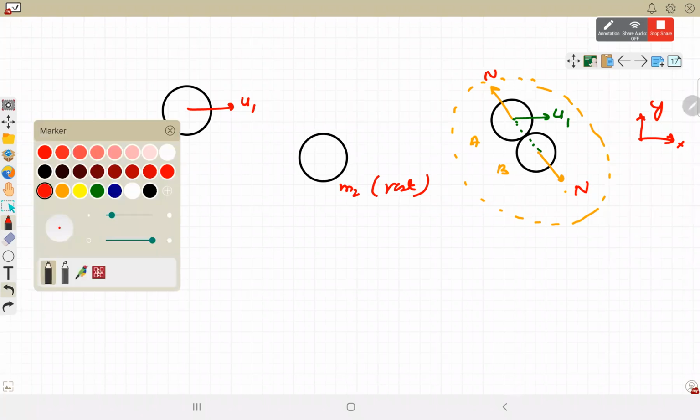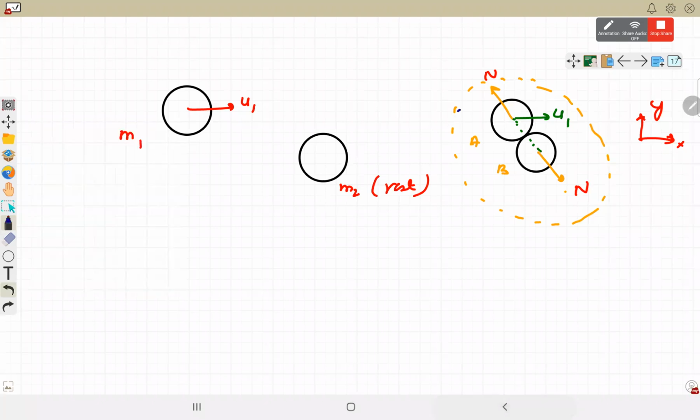Okay. X direction momentum, initial and final. So initial momentum is m1 u1. For final momentum we have to take the two components separately. But if we use a little thought, this is clear. The second particle was at rest earlier, so whatever velocity it gets will be because of this force. Because of that, the force on the second particle will be along the line joining them. The first particle will get velocity v1 at an angle of, suppose, theta1, and this is at an angle of theta2. So here we can write these two equations, the momentum conservation in x direction and y direction.